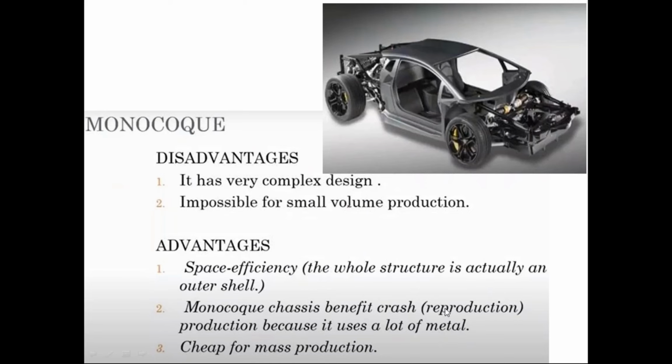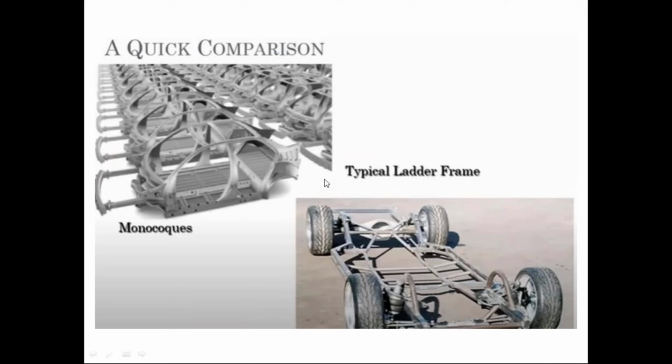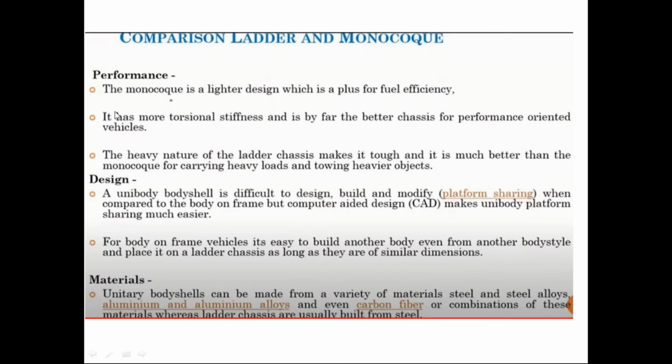then crash benefits, that is reduction of the crash production because it uses a lot of metal. Then we have cheaper manufacturing in mass production. So if you go on with a basic comparison, ladder type is most probably for heavy duty vehicles and monocoque for different cars. So if you consider different factors of performance, design and materials,